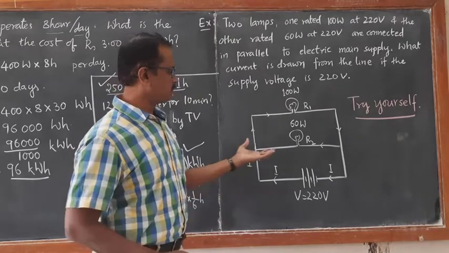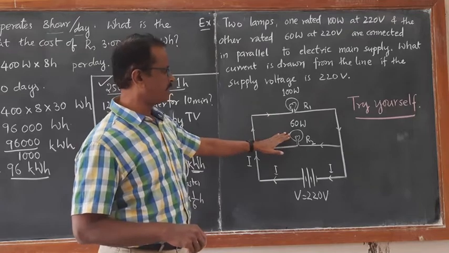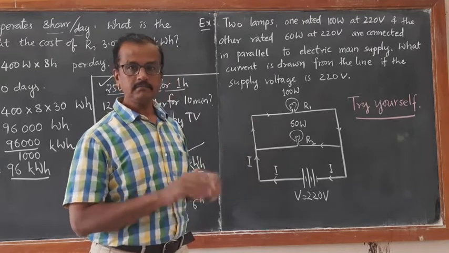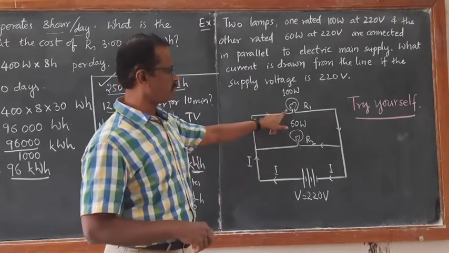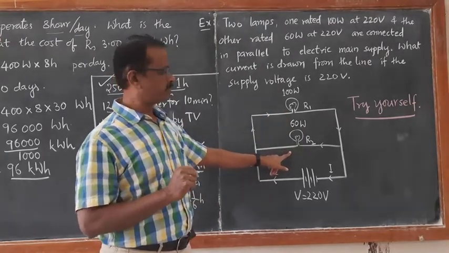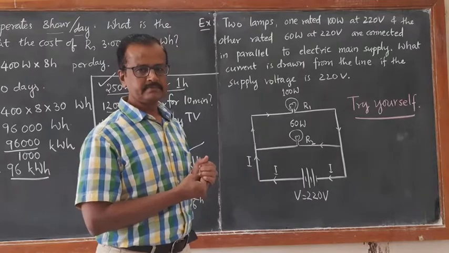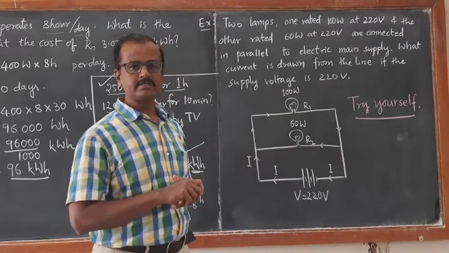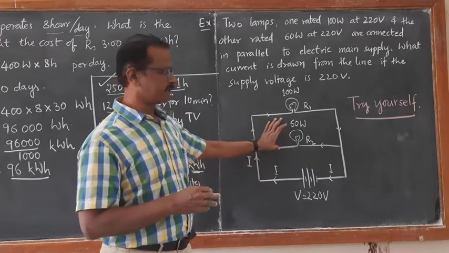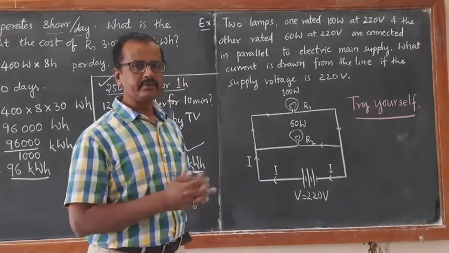So this is the problem in terms of two bulbs which are connected in parallel. Power is given, 100 watt and 60 watt, and you need to calculate the resistances. What is the resistance R1 of the first bulb? What is the resistance R2 of the second bulb? Calculate them. Then once you calculate the resistances, these are connected in parallel, so calculate the equivalent resistance, R1 R2 divided by R1 plus R2. Once you get the total resistance in parallel, you can calculate the current using Ohm's law. I think you will do this.